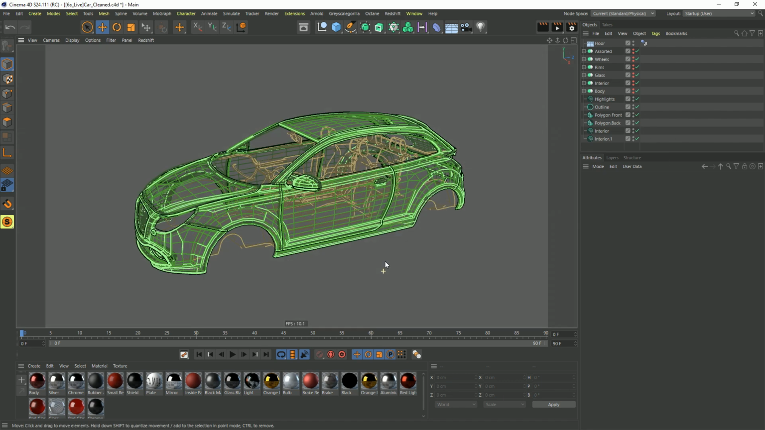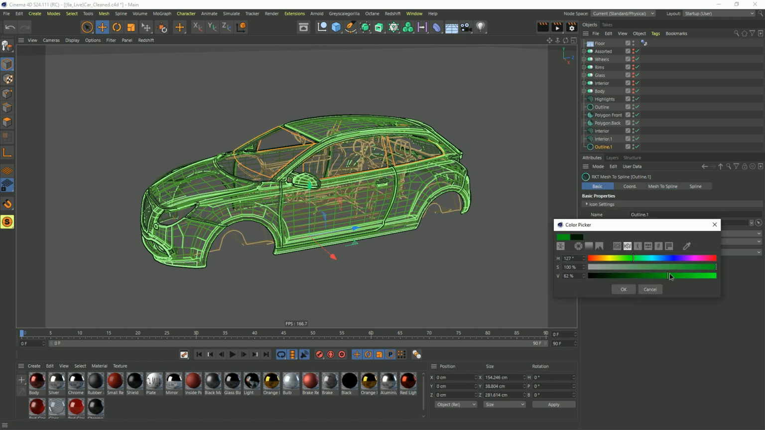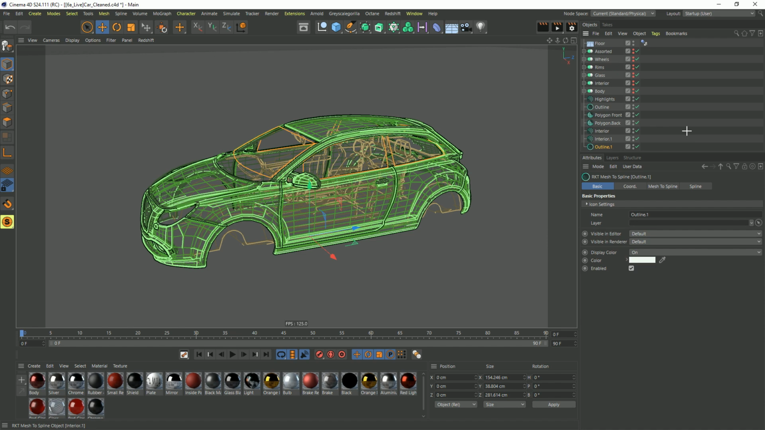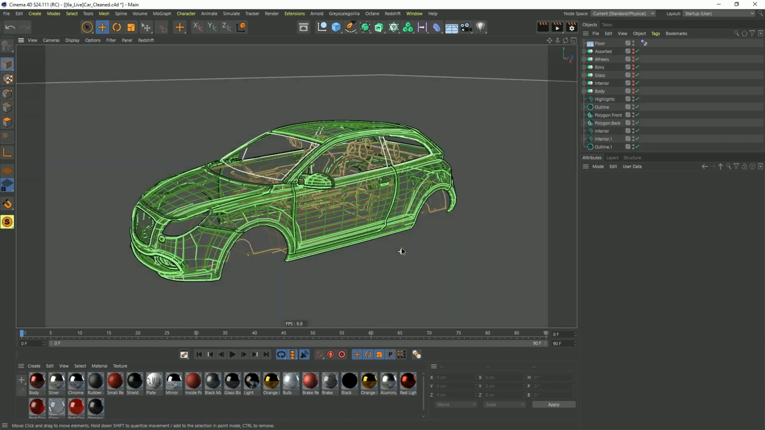We now have some of this exterior. We could select a copy of this outline. Instead of the body, I'd like to feed in the glass, and now I'm outlining the glass, set basic to something very bright. And now we have the windshields highlighted, and all of these are ready to send out and